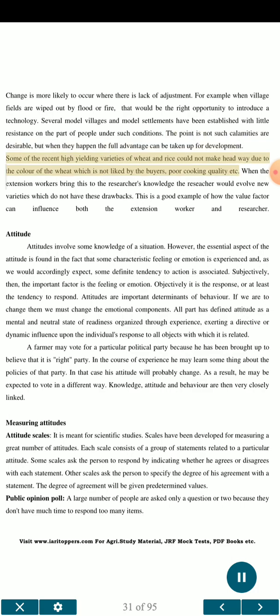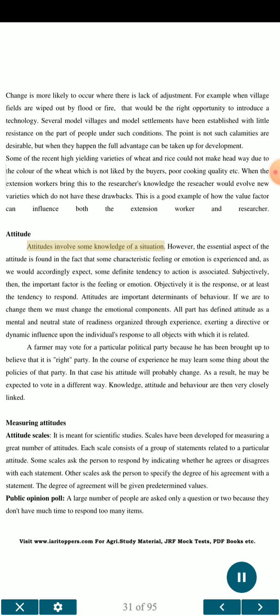Some of the recent high-yielding varieties of wheat and rice could not make headway due to the color of the wheat, which is not liked by the buyers, poor cooking quality etc. When the extension workers bring this to the researcher's knowledge, the researcher would evolve new varieties which do not have these drawbacks. This is a good example of how the value factor can influence both the extension worker and researcher